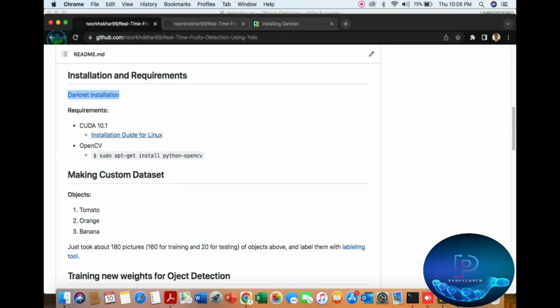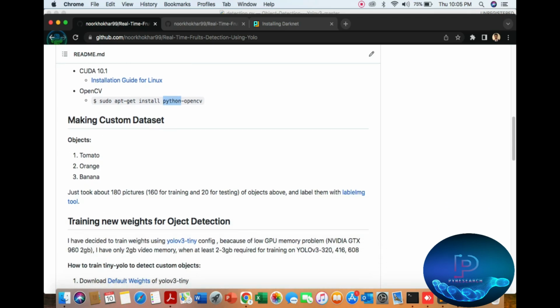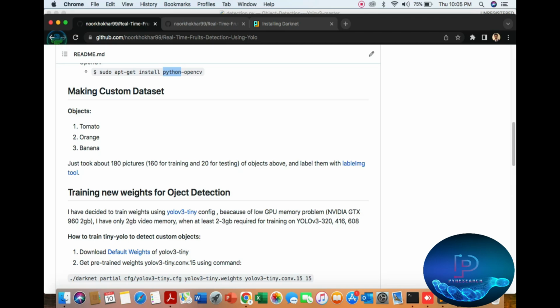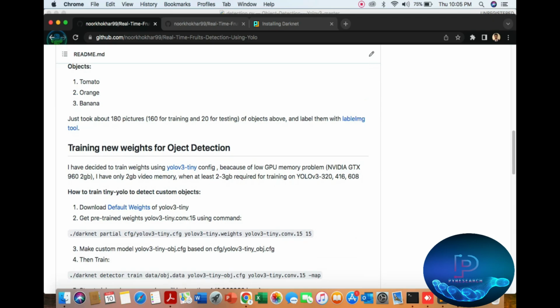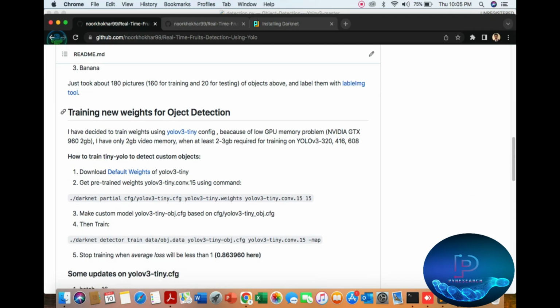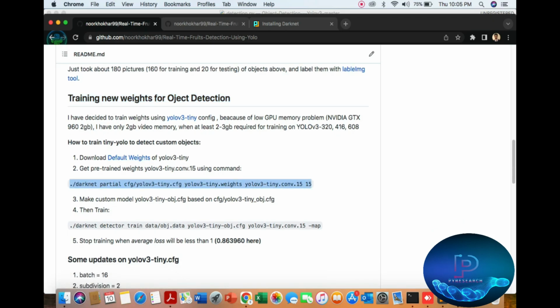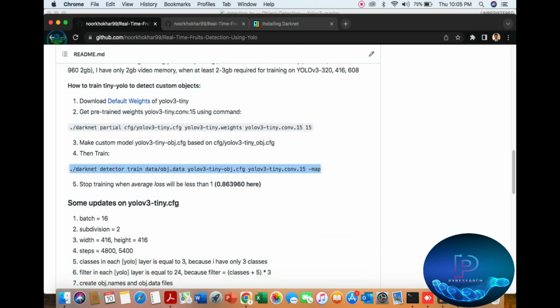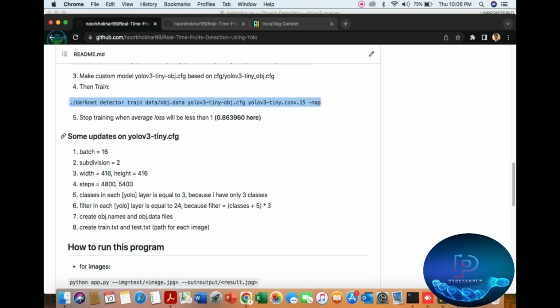So our topic is fruit detection. Then the installation guide for Linux Mint, and how to install OpenCV Python. Our objects are tomato, orange, banana. You can also do labeling yourself for other objects, just like many projects you can create yourself. So here is the new training part. You can see YOLO 3 tiny. You can also use this, and simply run this command and train your own custom object. So here is the loss and gain last